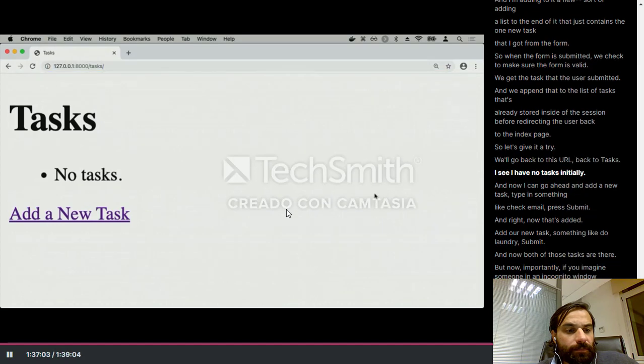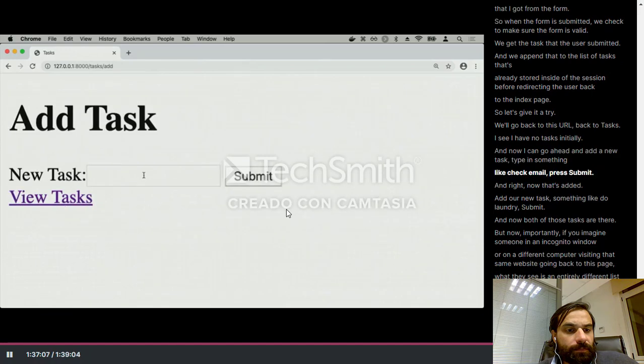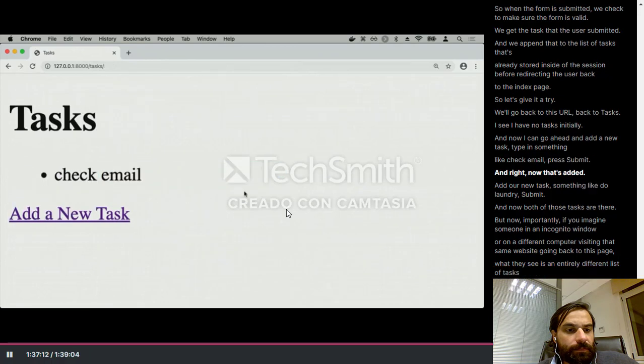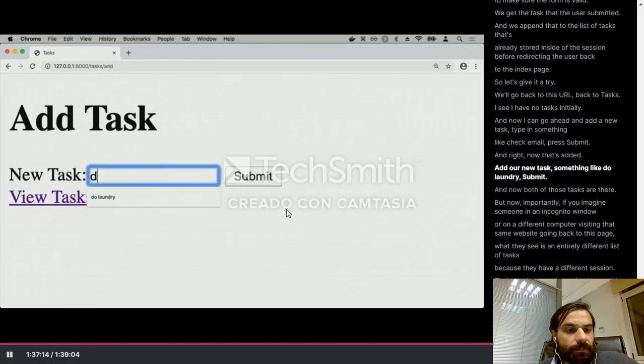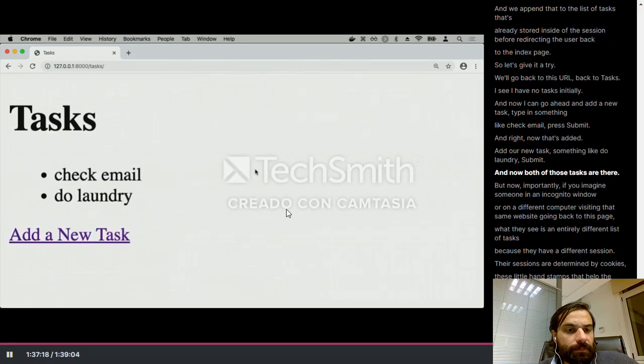I see I have no tasks initially. And now I can go ahead and add a new task, type in something like check email, press submit. And all right, now that's added. Add a new task, something like do laundry, submit. And now both of those tasks are there. But now